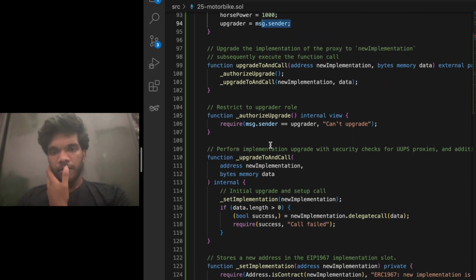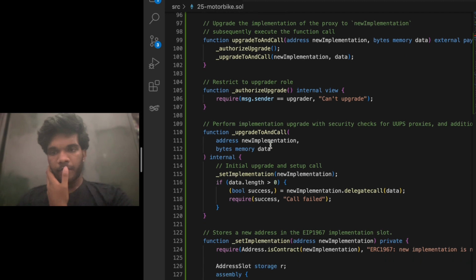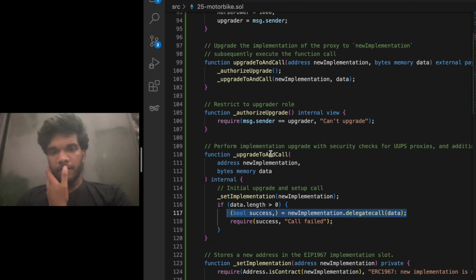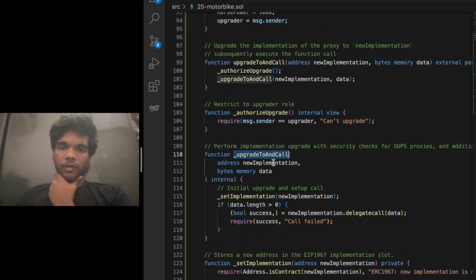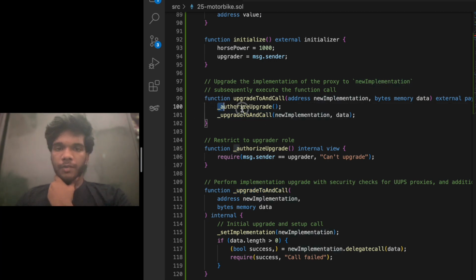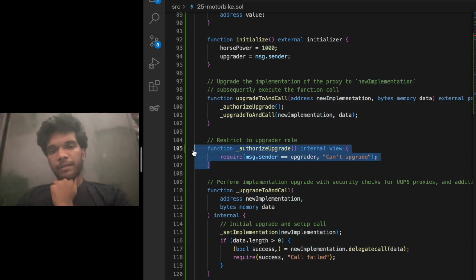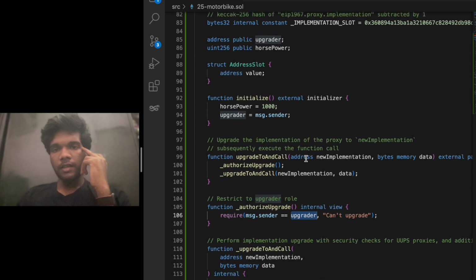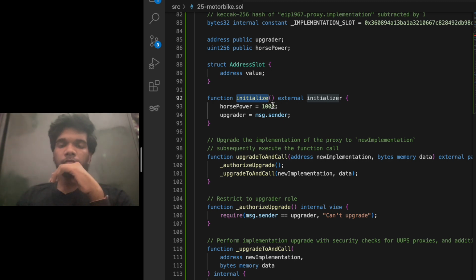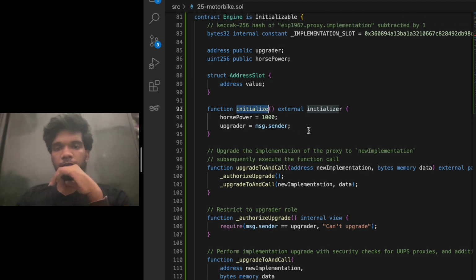Okay, so here you can see the data is being called, right? So we have to call this function upgradeToAndCall. In order to call this function, we should satisfy this condition. What does this condition mean? The msg.sender, whoever is calling this function, should be the upgrader, and this upgrader has been initialized whenever this initialize function is being called. So when I went through Remix, I got to know that this contract is not being initialized. So the upgrader